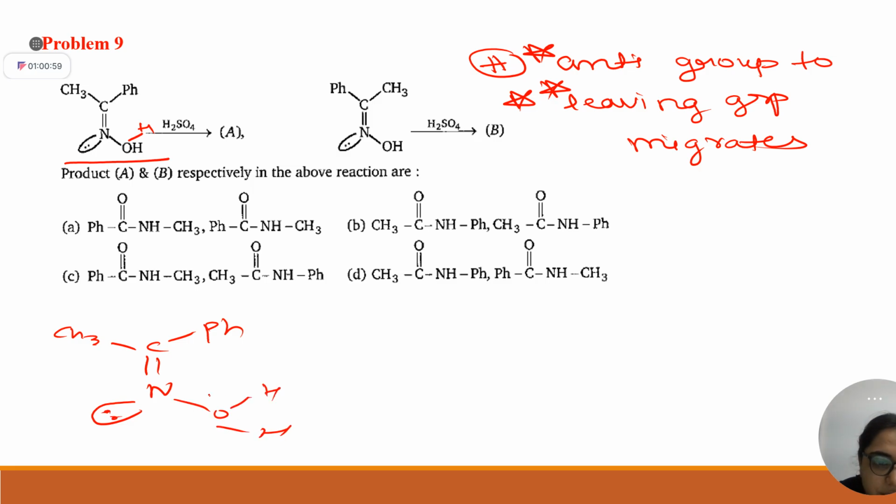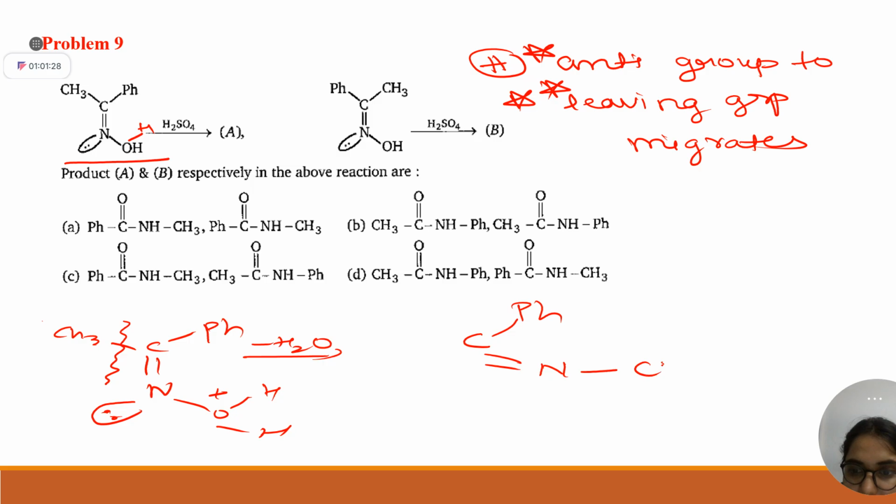OH positive. Okay. Next step, what will happen? H2O will leave. Now you don't form a carbocation here, but for the sake of understanding, obviously nitrogen positive will form, right? Now what will happen, student? This bond will break. How? It will be your CH3. It will leave here as CH3 negative, same as you were doing in isocyanate. It will be NCH3 and positive charge will form here.